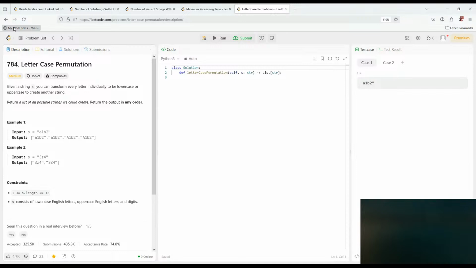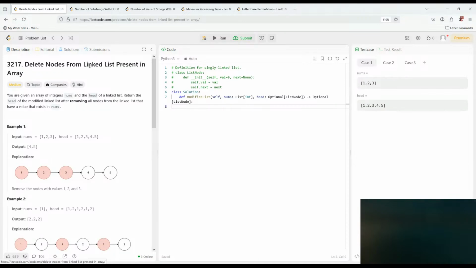All right, let's solve some Leetcode really quick. First one is delete nodes from linked list presented in array. It's very simple. So what we're gonna do? We're gonna